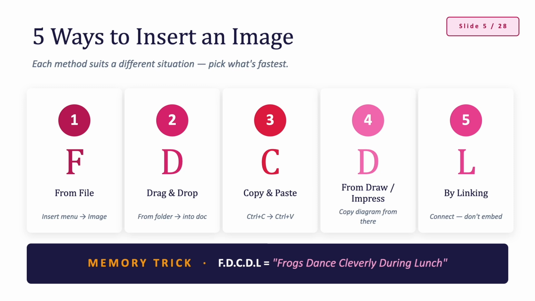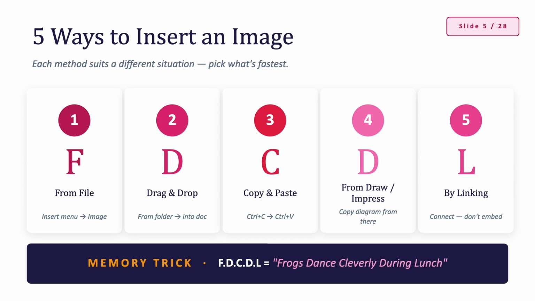There are five different ways to add an image to Writer, and here is why there are so many. It all depends on where your image is located: on your computer, online, in another Writer document, or a Draw file. You will choose the fastest option for each. Let's explore them one by one.